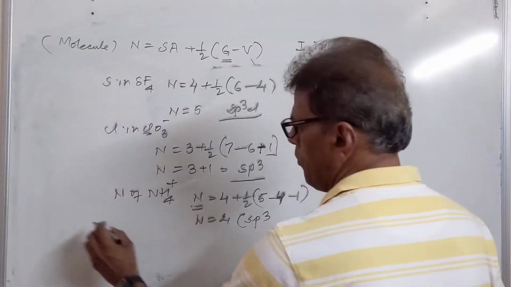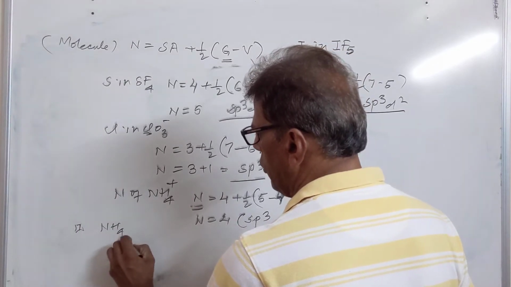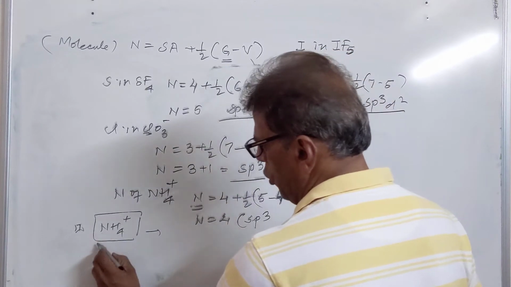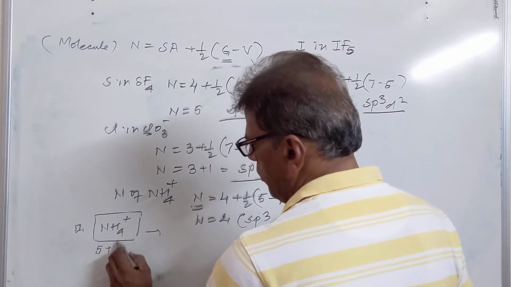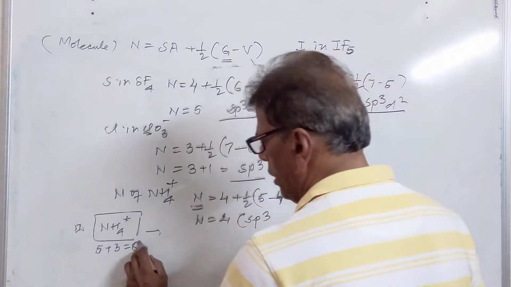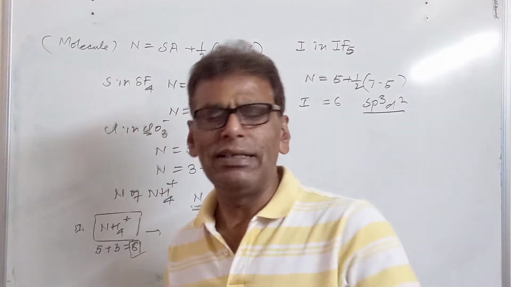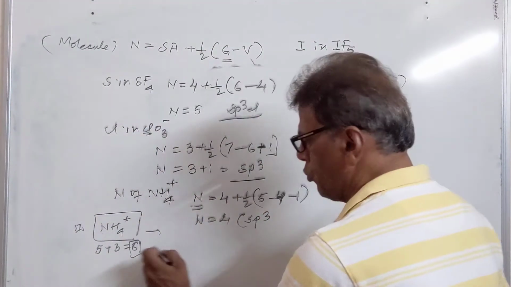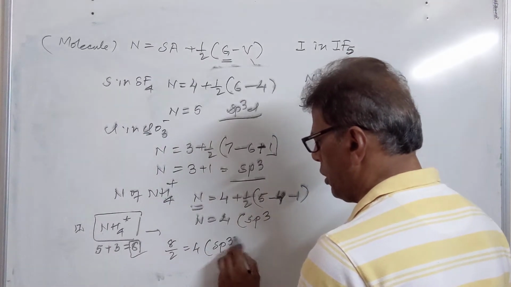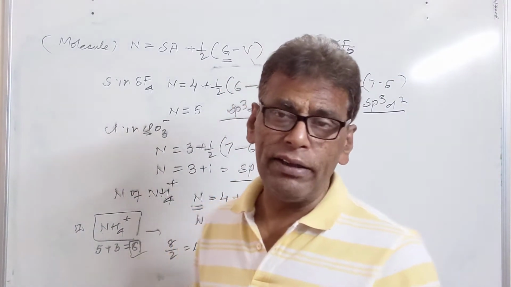There is another way of calculating hybridization. Count the total number of electrons of the anion or cation or molecule. In this case, the total number of valence electrons is 5 plus 3, we get 8, and because one positive charge is there, we have 8 electrons. If this total number comes out to be 8 or less than 8, it is divided by 2. So 8 divided by 2, we get 4 orbital hybridization, we have sp3 hybridization. If the counted electrons come to more than 8, then divide by 8.